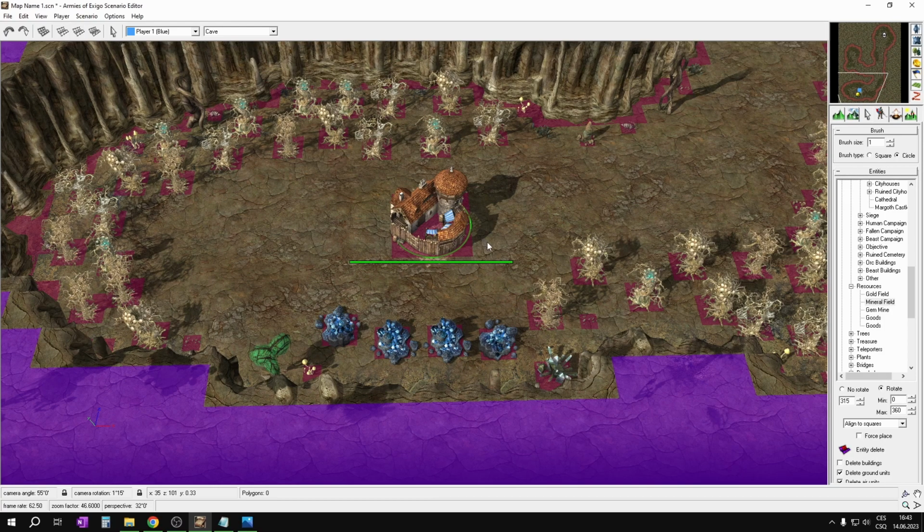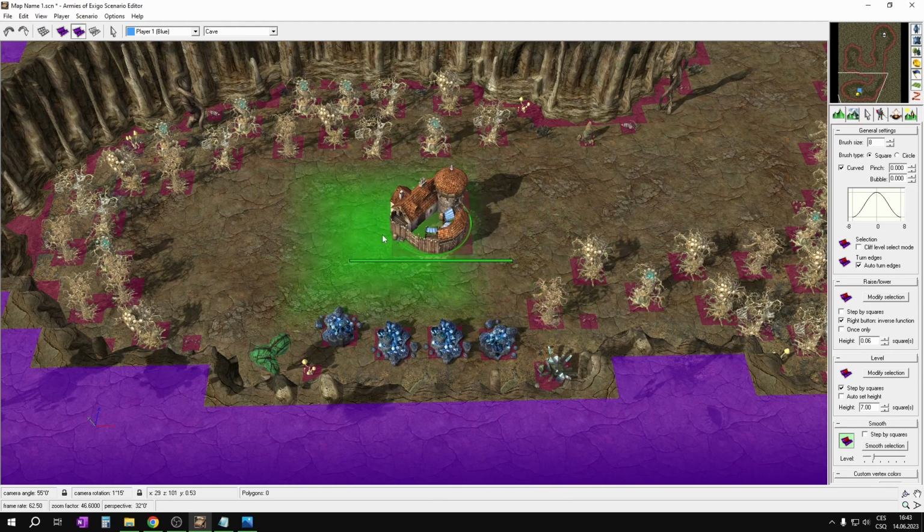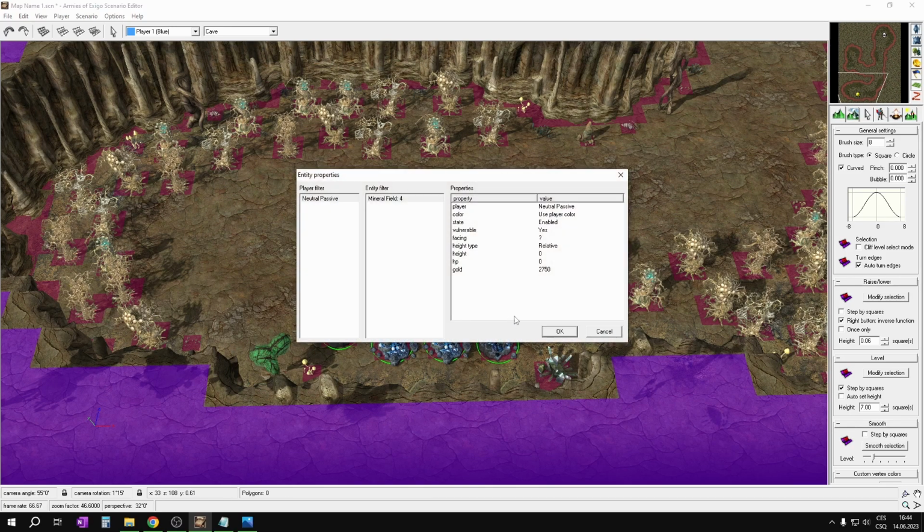And it's pretty straightforward right now. I will again smooth it out around it so we can easily build here, delete it, and it's done. So right now let's choose all those and let's change the amount. I think maybe 5,000 should be okay, because you can run out of it, but